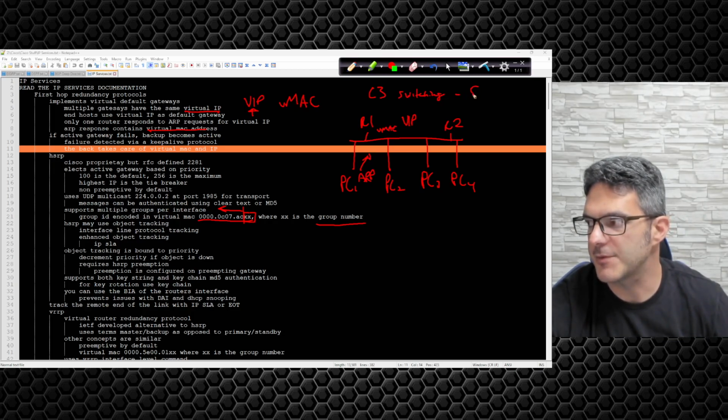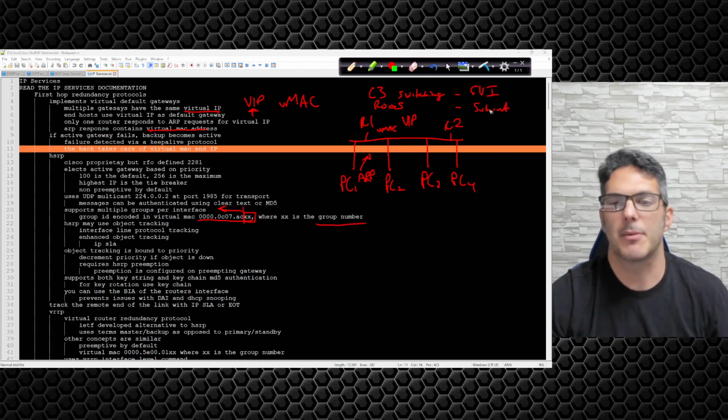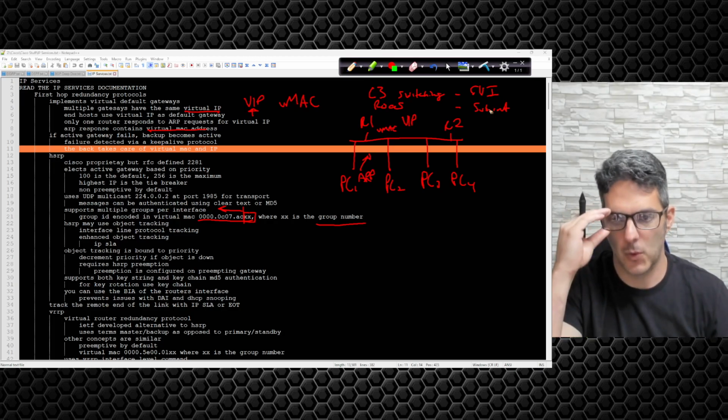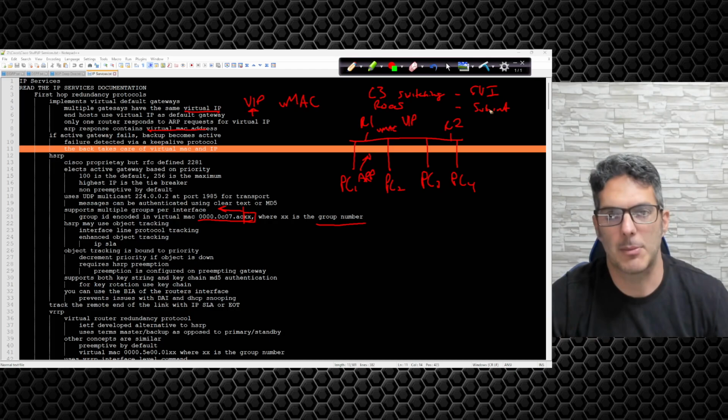That's going to be an SVI. For router on a stick, that's going to be your subinterface. I'm just going to put subint. The subinterface or the SVI, regardless of how you want to do your deployment, regardless of which routing mechanism you go with for first hop redundancy,